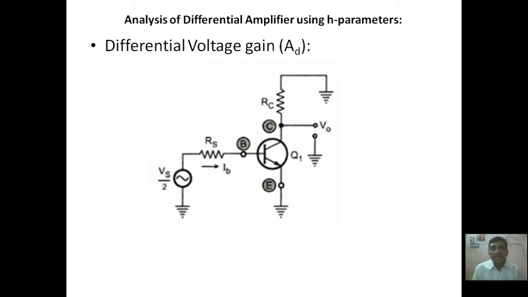So usually we already know the differential amplifier is a multi-stage amplifier, and both sections are identical. So we can do the analysis for only one section, that is enough. That's why I have taken only the left hand side amplifier section. Later on I will apply it to the entire differential amplifier. I am going to do the analysis for only one stage of my differential amplifier.